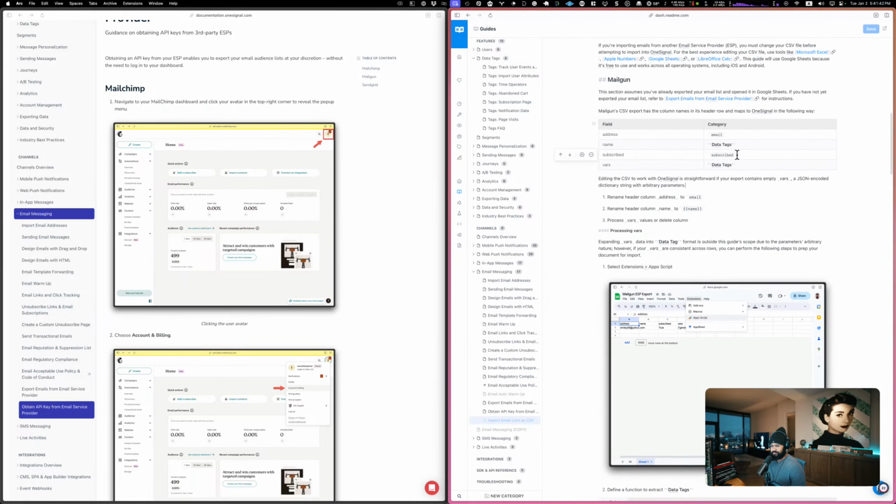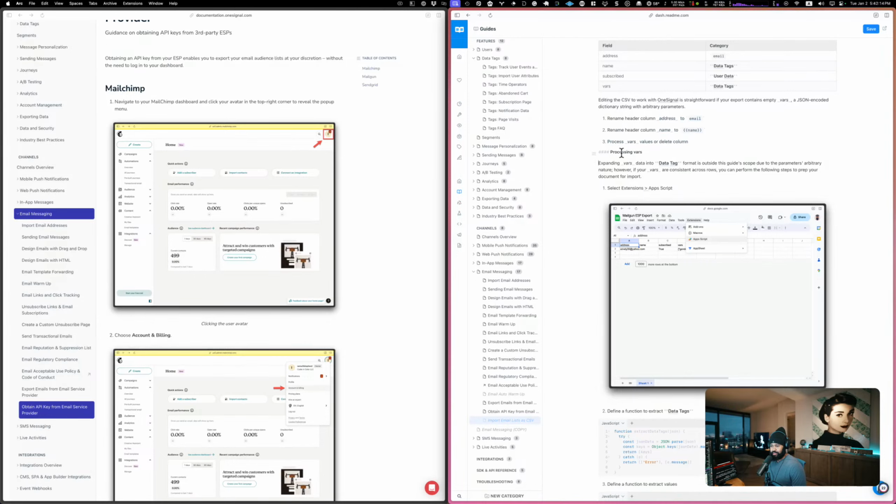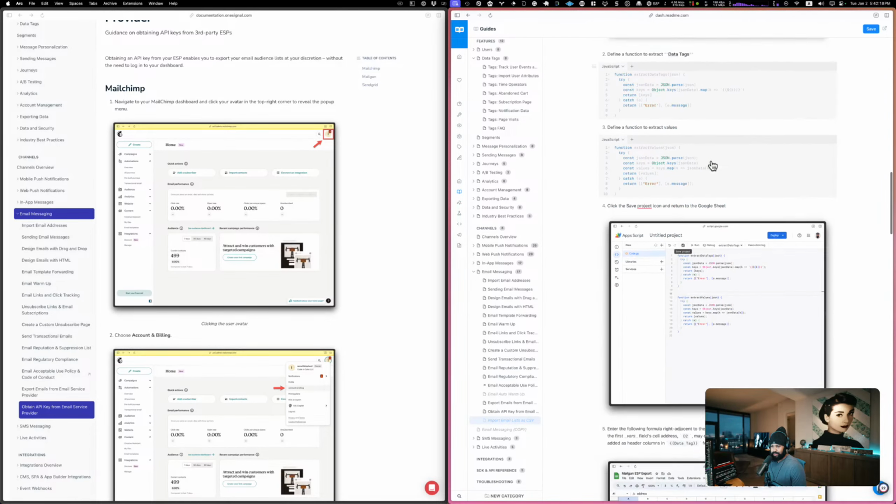Why is this subscribed? This is wrong. This is user data. Okay. So these have been rejiggered, and it'll make more sense when I show the other ones. But now it's rename header column address to email. Before it was like rename the whatever column, whatever the name is, and it was much longer. This is shorter. And then this is renamed to processing vars,